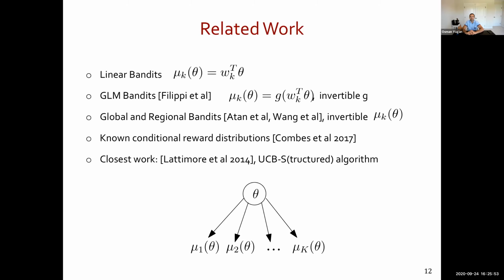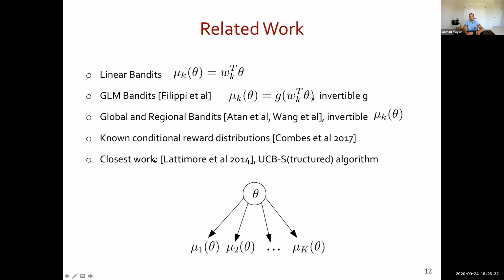There are works such as this one cited here, where they are assuming that not only this mean reward as a function of theta is known, but they go further and assume that the conditional reward distributions are also known, which is also an interesting problem. It puts it into more like a Bayesian optimization setting. And these works are very valuable, but in our case, we wanted to not go to that extreme and simply assume that the mean rewards are known. So the distributional knowledge in our setting is assumed to be not available.